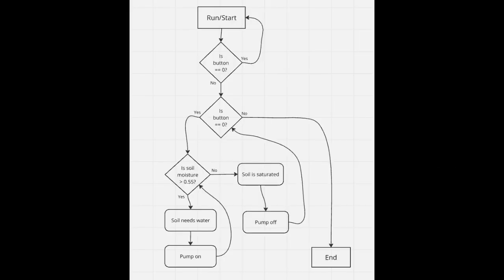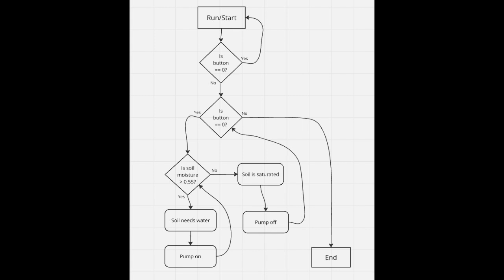By looking at the simple flowchart here, we can discuss the first learning outcome. The algorithm that runs this program is dependent on the state of the button. So when we run the program, it'll enter into an initial while loop that says that while the button is equal to 0, it'll loop. And if we want to break out of that while loop to start the program, we press the button, equating